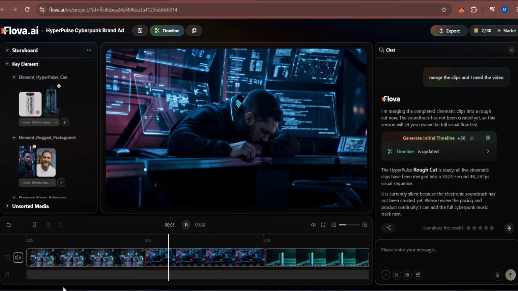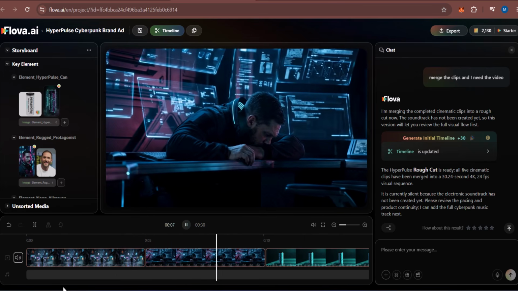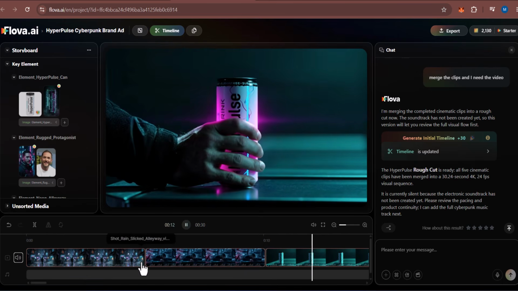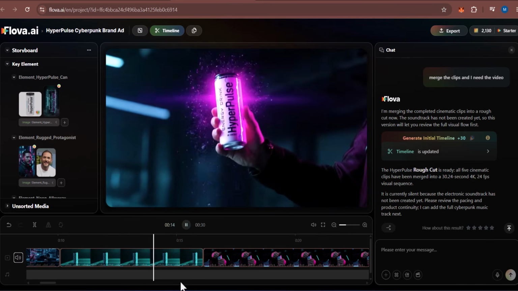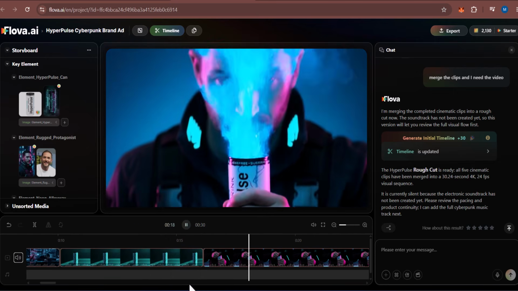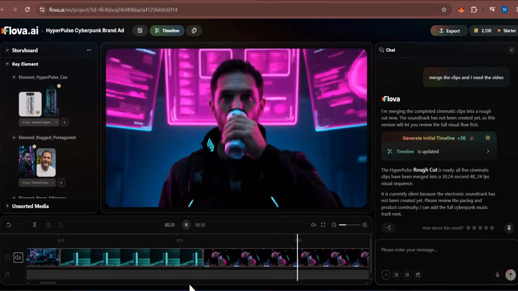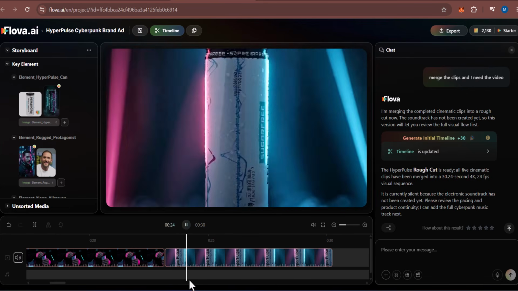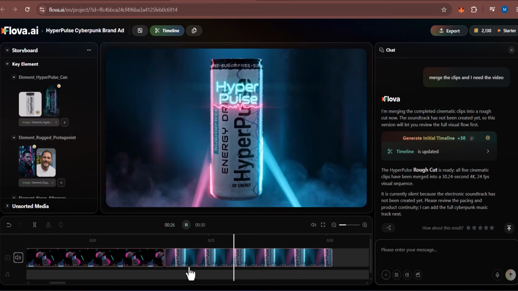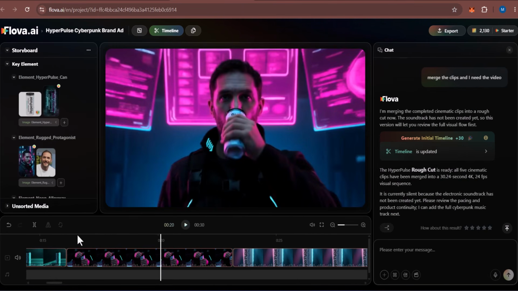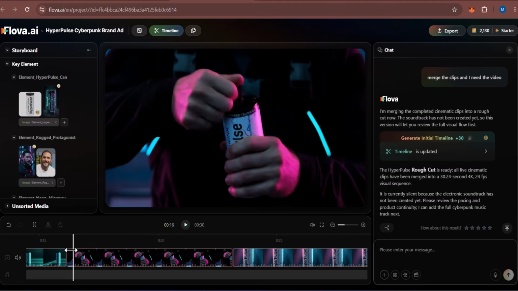The workspace displays a conversational AI assistant on the right, shot cards on the left, and a multi-track editing timeline across the bottom. Because the video, voiceover, and sound effects are generated directly on separate timeline tracks, you have full control over the edit. For example, if a video clip holds a fraction of a second too long, you can trim that shot down by precisely 0.5 seconds right on the timeline, perfectly aligning the product reveal with the audio